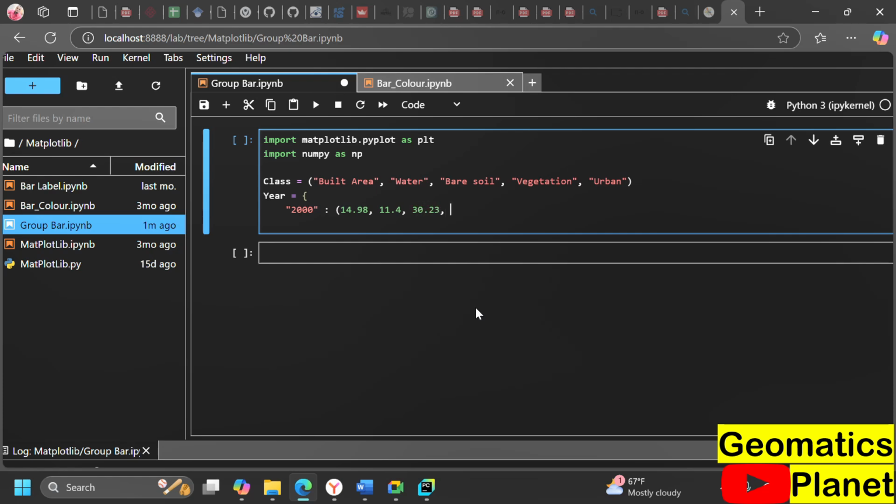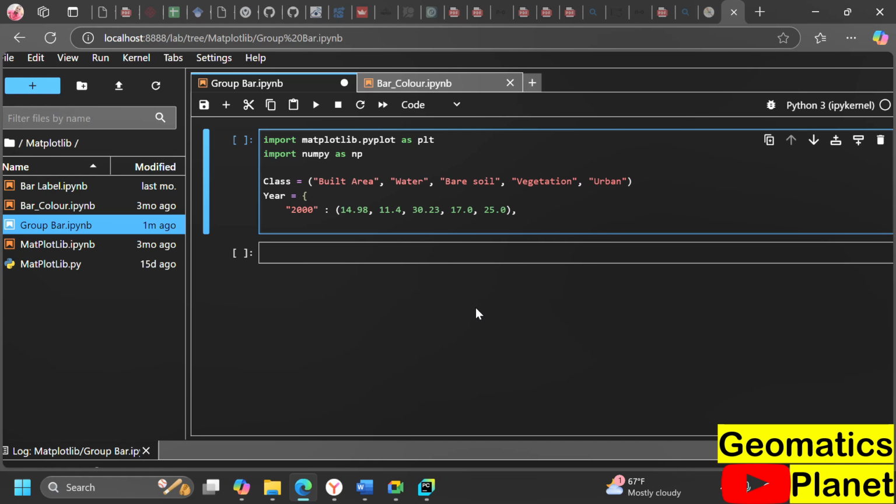And in aspect of vegetation, let's say 17.0. And in aspect of urban, let's make it 25.0. Then with this, the next thing we need to do is that we need to close it up and